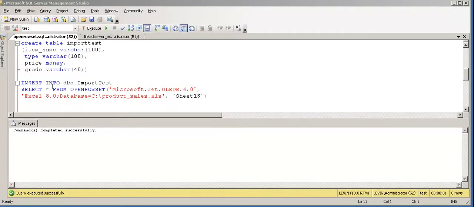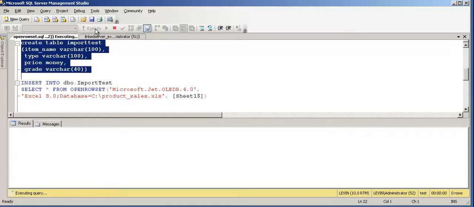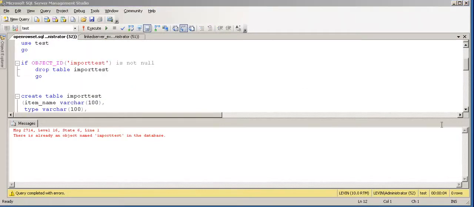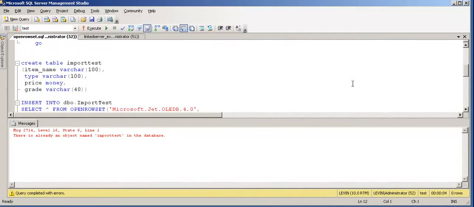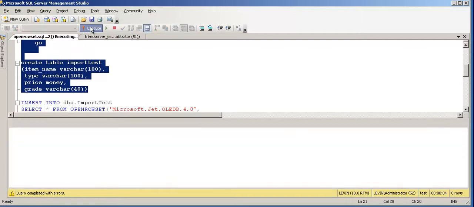Here it is. As I am saying, I am going to create a table here. This creates the table, and if it already exists, it will give me an error. It says already exists, so I have to drop the table before I create it. So once again, let's run the SQL statement again with the SQL code. Because the table exists, here we have dropped the table.